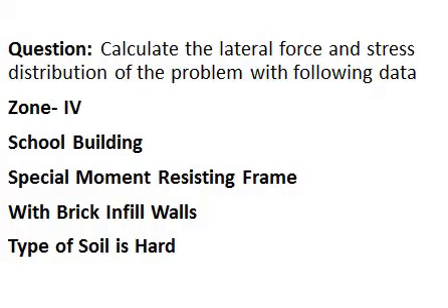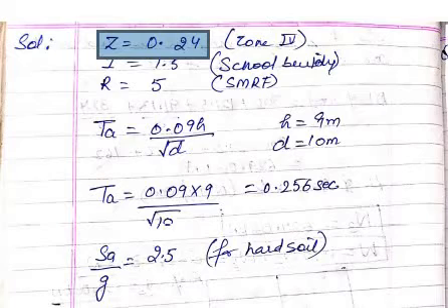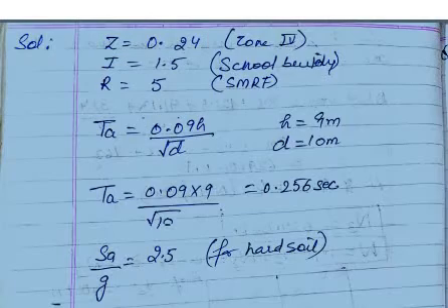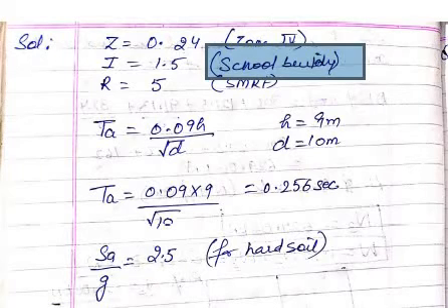The frame is a special moment resisting frame, and this building we will consider with brick infill walls, and the type of soil is hard. Now, as the building is in zone 4, the value of Z is 0.24, and the building is a school building, so the importance factor I is